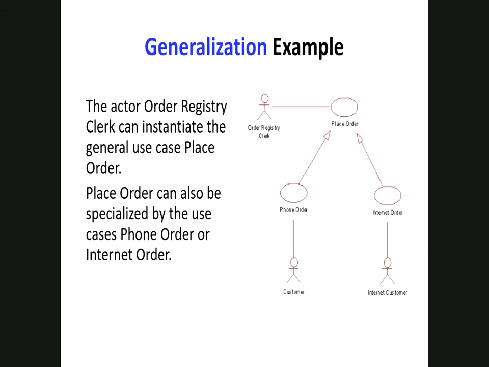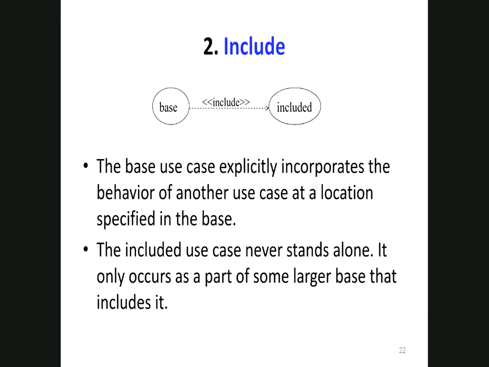I think most of that has already been covered in theory. Now you see here I have given an example of include. When you write an include, remember the head. The head part is nothing but the part which has the base functionality included in this use case. Suppose the use case is doing a functionality called addition, and this included use case is doing subtraction. Now when I write include, it means the use case is now doing both subtraction and addition. This is included because this functionality is also added here.